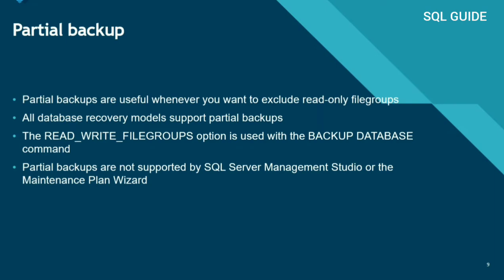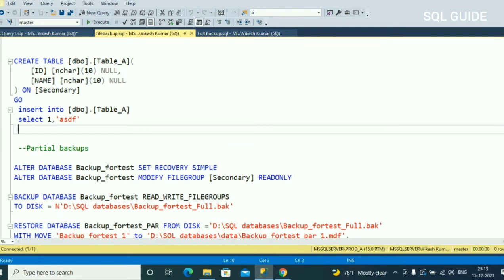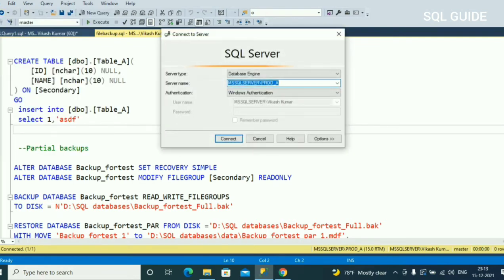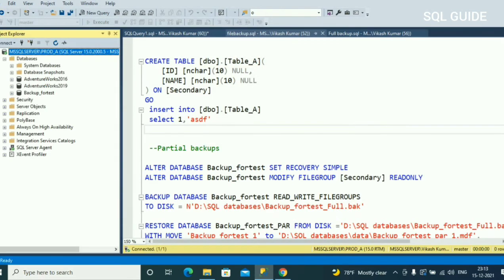Let's connect with SQL Server to show you how to take a file backup and partial backup. Connect to SQL Server. I am connecting to one of the SQL Servers.